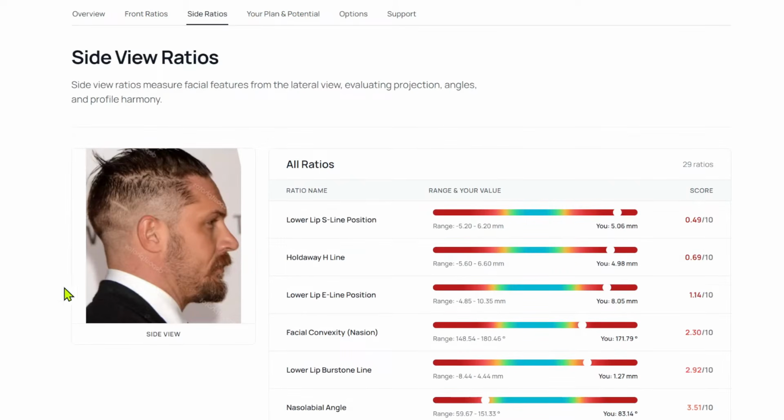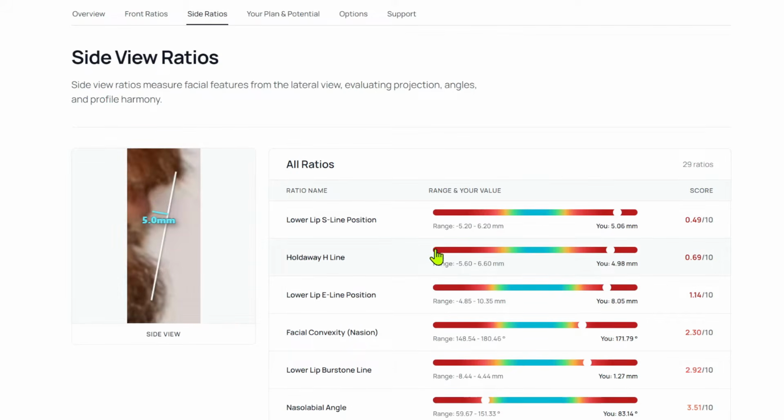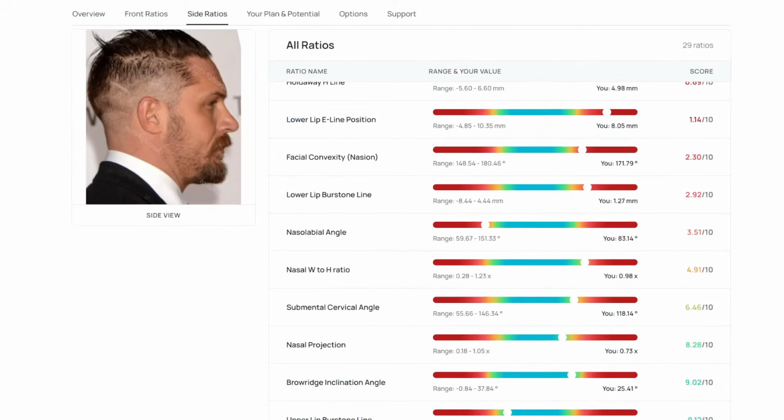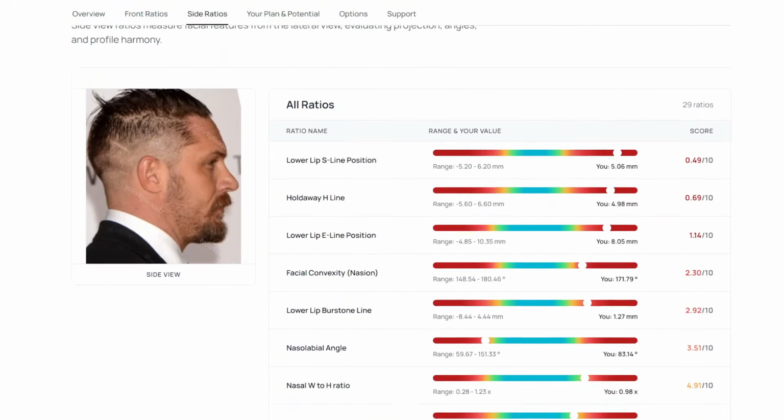So this is the picture I found. It's actually a great picture for a side ratio. He has a pretty neutral expression. It's not really distorted. He does have the facial hair, which makes it slightly harder to pinpoint his chin, but overall it's pretty good. So he does have quite a few out of the ideal range on his side profile, but